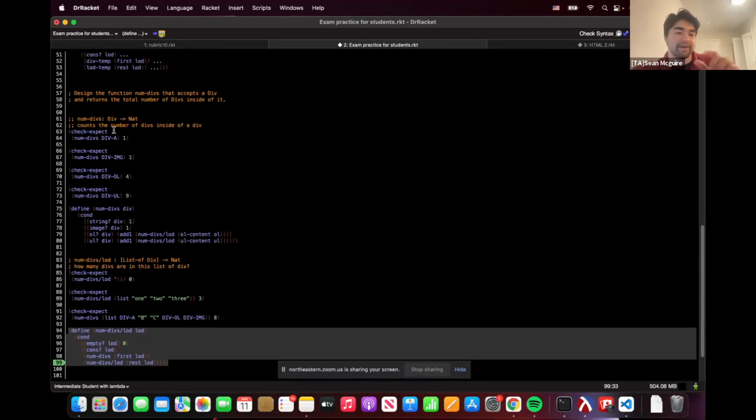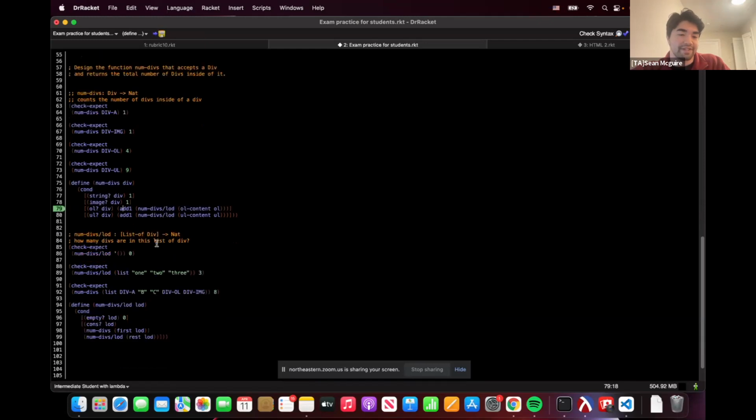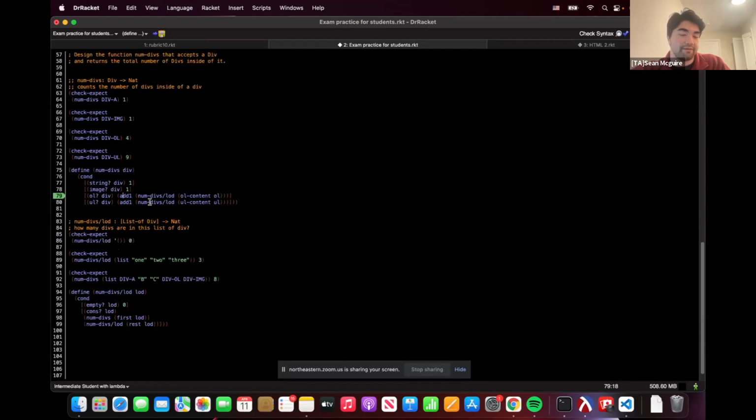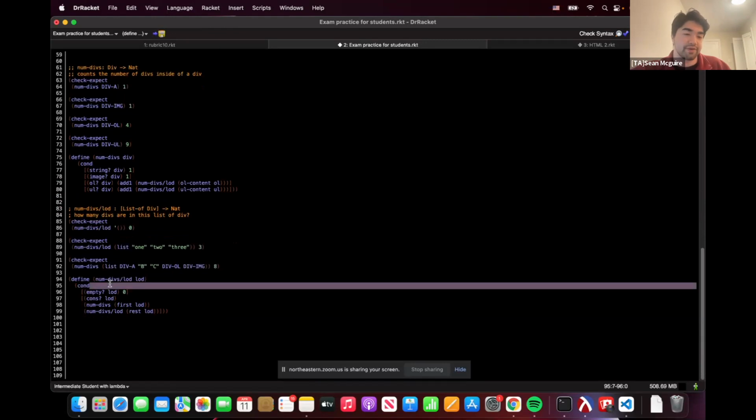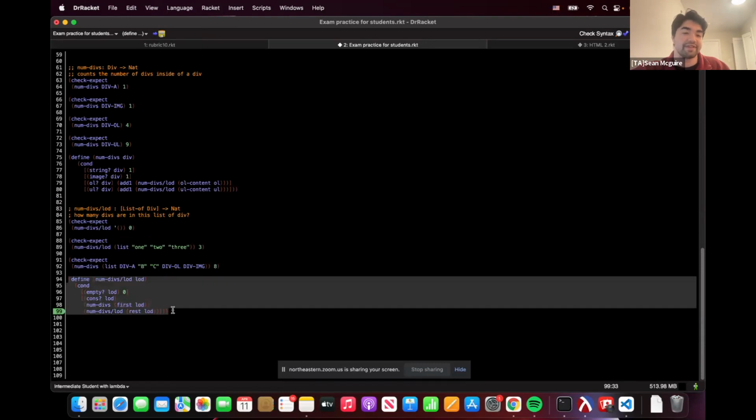So basically, we have a function here that takes in a div. And based on what type that div is, it's going to either return 1 or it's going to count the number of divs in the list of div for that div. And then this function is going to recurse through a list of divs. And then for each div, it's going to call back to num divs and count how many divs are in a list of divs. So if we run these,